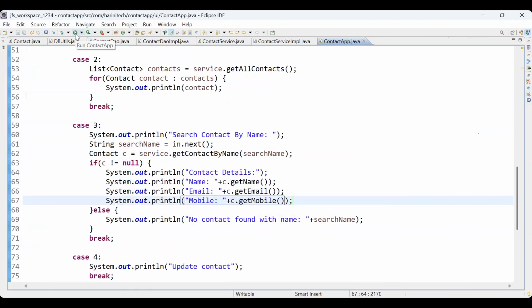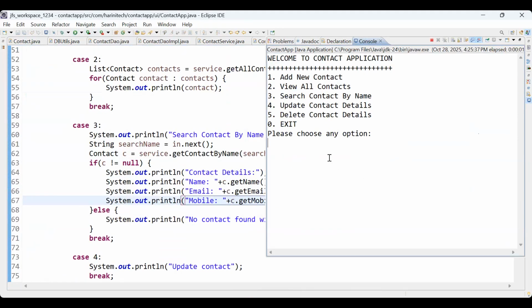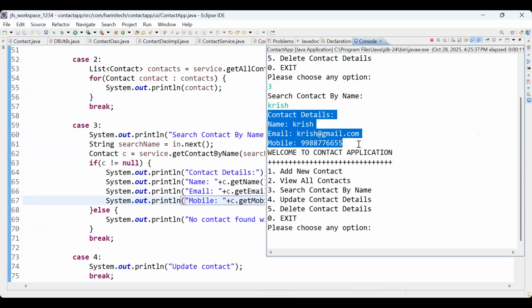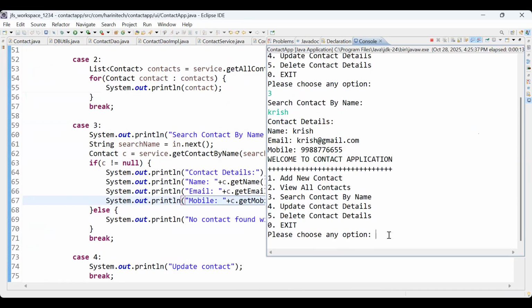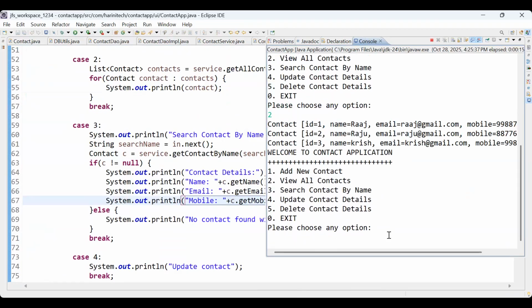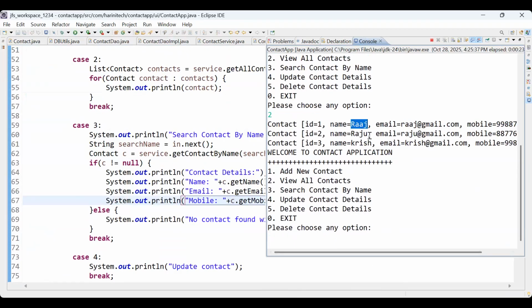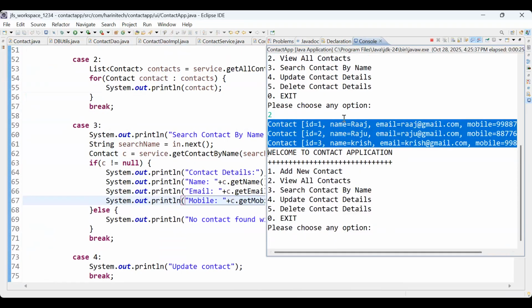Okay, I want to print this properly instead of printing that directly with the toString method. Okay, now let me run. Yes, now see the contact form. These are the contact details. Okay, simple trick. This is how we can get it here. Easy. Even here also, if you want to print properly, to print all the contact details,